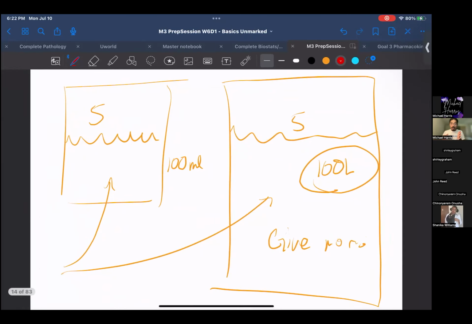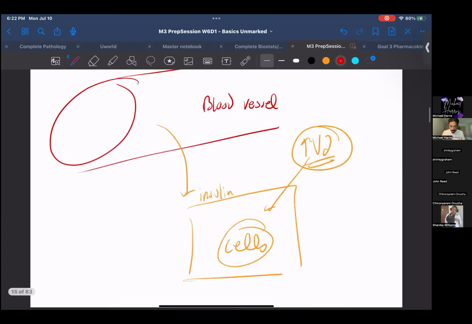So this is what's going on. Okay, that's why you need a higher volume, right? When you have a high volume of distribution, you need more mass. Okay, more of a drug. Now,